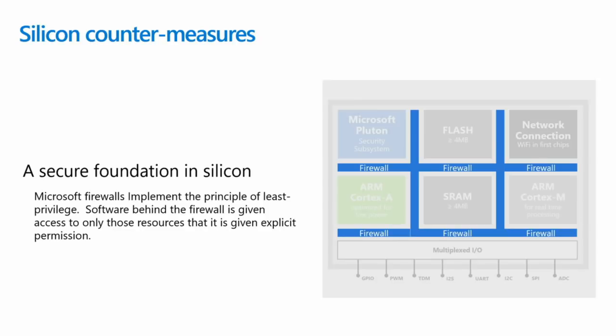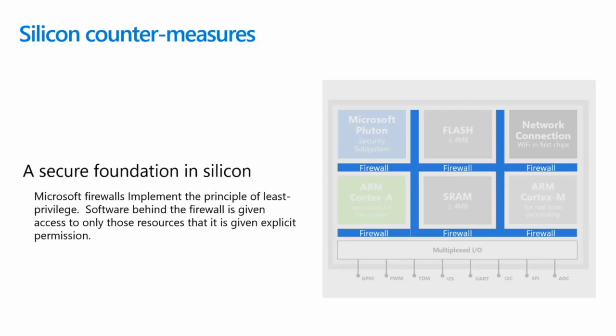So what are these firewalls? When I say the term firewall, I don't mean a network firewall where you have a whitelist and you're looking in software, for example, at a table of IP addresses. What I mean is that these firewalls are like a mapping. And this mapping is done in registers. When you can map a peripheral to a core, and in this example we have multiple cores, the firewall guarantees that if another core tries to access that peripheral over the bus, that access is simply denied.